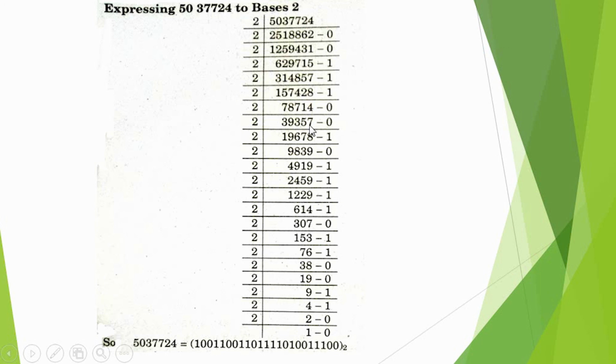2 3s are 6, 2 9s are 8, 2 3s are 6, 2 5s are 10, 4 becomes 14, 2 7s are 14. Now 2 9s are 18, 2 8s are 16, 2 3s are 6, 2 9s are 18, 0. 2 4s are 8, 2 9s are 18, 2 1s are 2, and 2 9s are 18, 1 becomes carry. 2 2s are 4, 2 4s are 8, 1 becomes 11, 2 5s are 10, 9 becomes 19, 2 9s are 18, 1 carry.